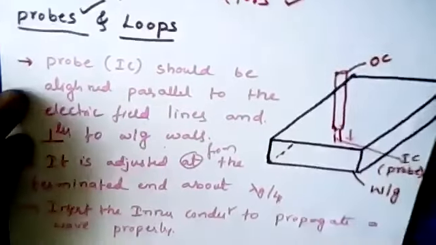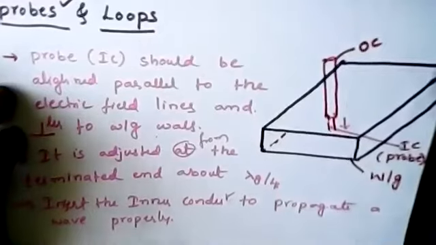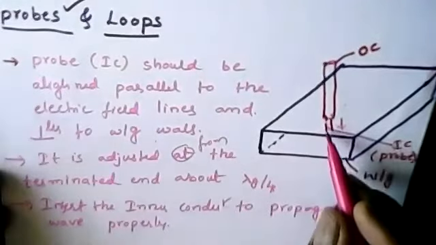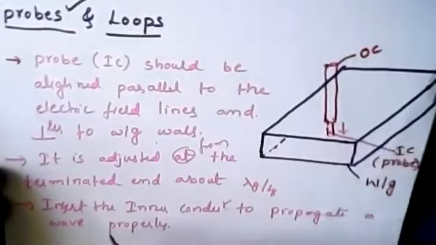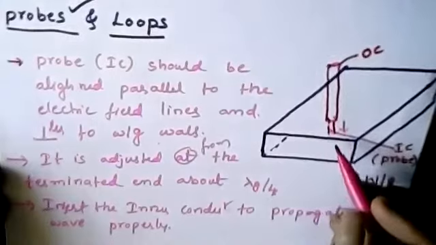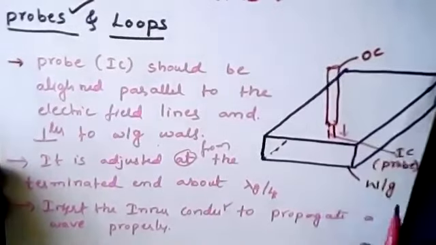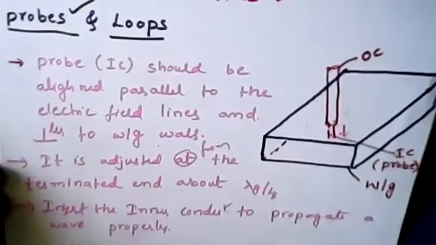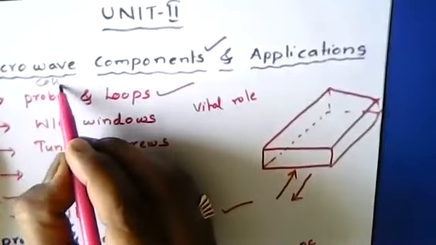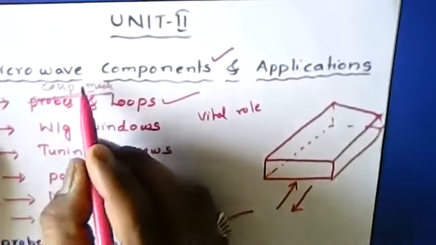Some gap is left over here. Accordingly, the adjustment is made. With respect to that, the probe is set into the waveguide so that it is used to transmit the signals into the waveguide. This is how the microwave component, the probe, acts to generate or transmit the signals. Okay, so it has to be coupled properly. That's the coupling mechanism. So the main coupling mechanism takes place in the case of microwave components.